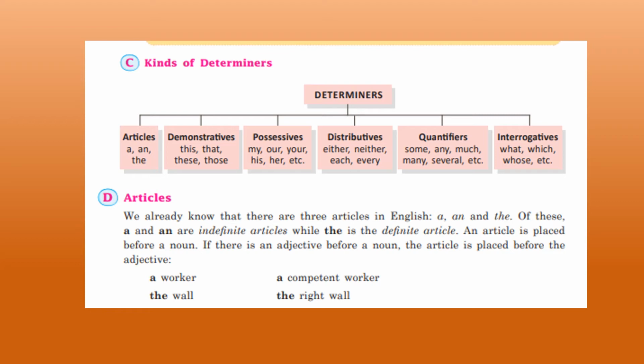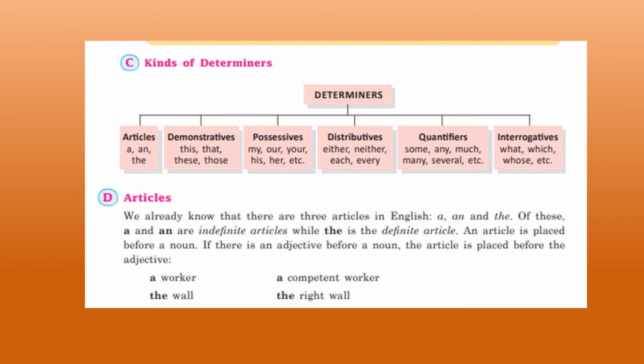Children, now let's read about the different kinds of determiners one by one. So the first one is articles. We already know that there are three articles in English: a, an and the. Of these, a and an are indefinite articles, whereas the is the definite article. An article is placed before a noun. If there is an adjective before a noun, the article is placed before the adjective,